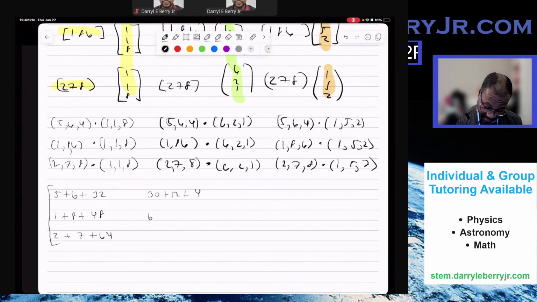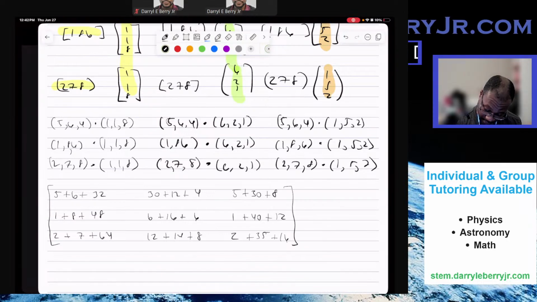And we have 6 plus 16 plus 6, and 12 plus 14 plus 8, and 5 plus 30 plus 8, and 1 plus 40 plus 12, and 2 plus 35 plus 16. So that equals